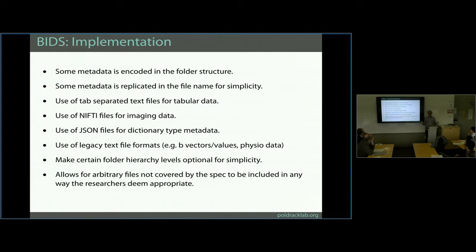And that's what pretty much everybody does, right? So we decided that rather than having complex XML files that map all these different things onto file names in a really flexible way, we basically say, here are some rules for how you name things. We came up with those to be as generalizable as possible. Then we use standard formats like text files and NIfTI, which is a common imaging format, and JSON for dictionary style data. But if there are things where nobody's developed a new format, we can allow legacy data formats as well.